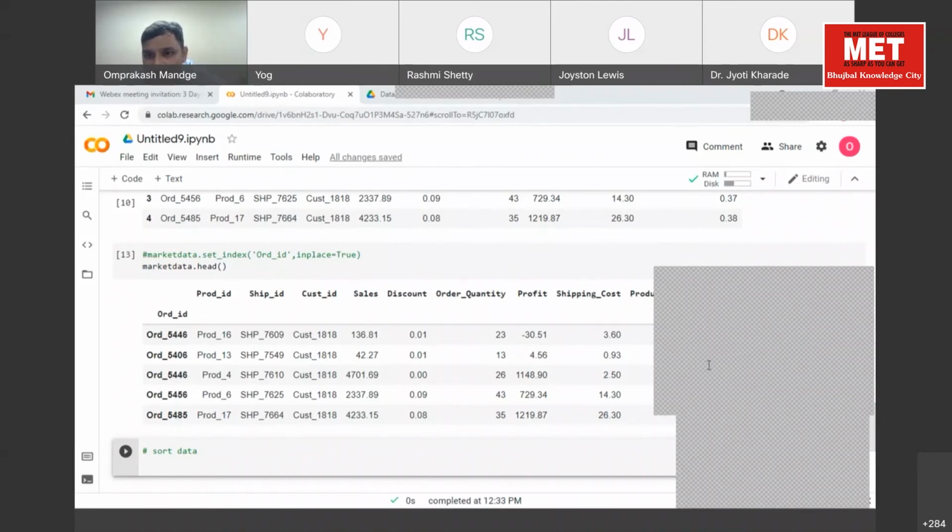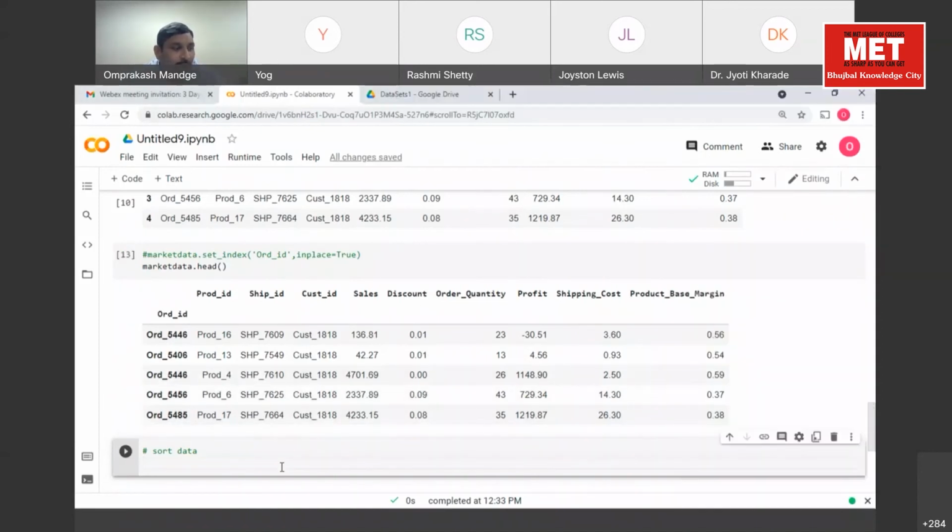Okay, so we'll just run this function for sorting the data. Market data dot sort. There are two functions here: sort index and sort values. Any guesses?